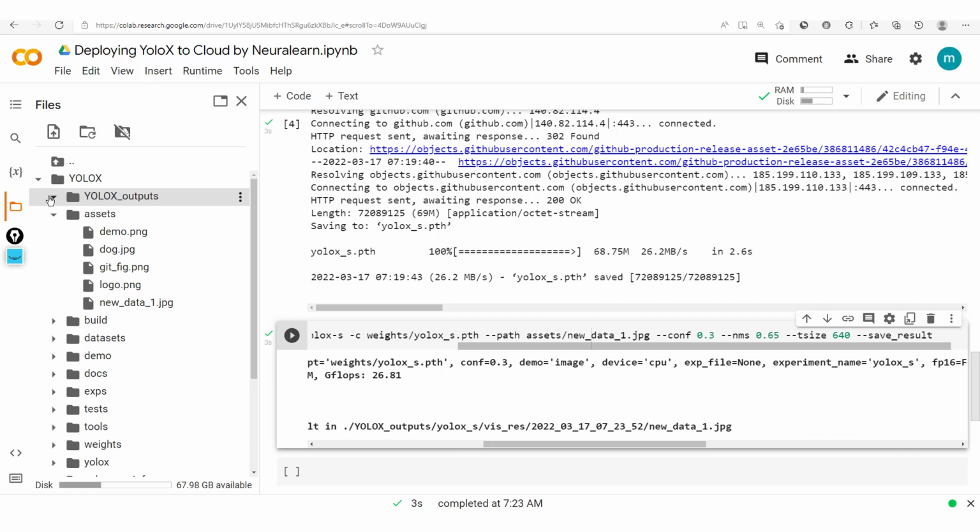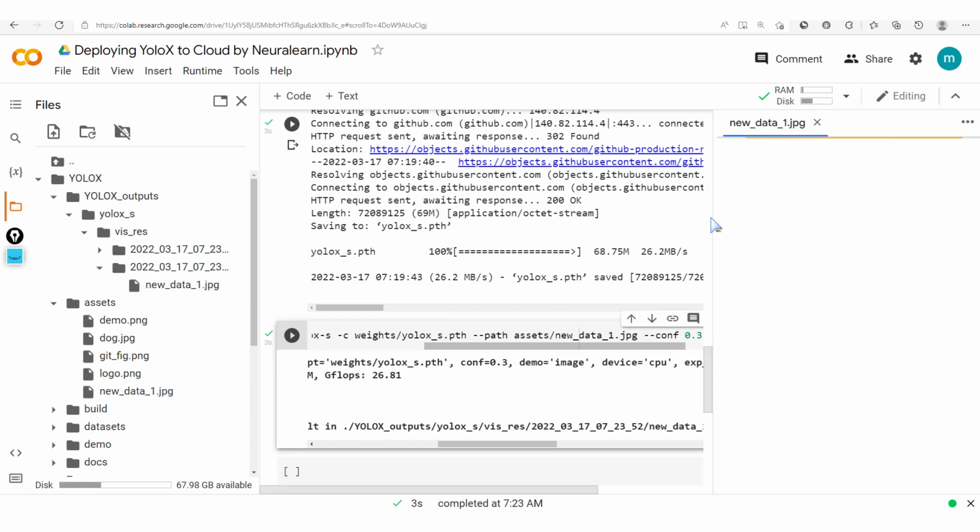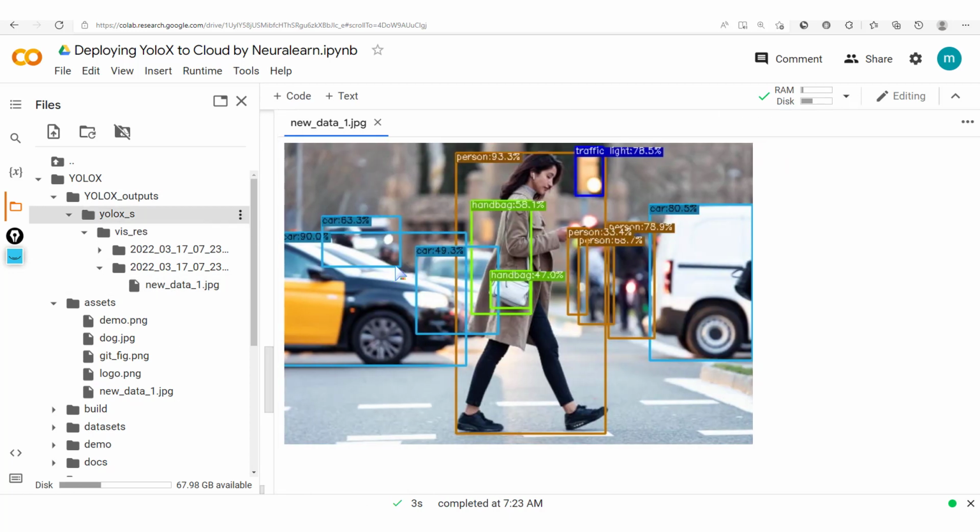So let's get in here, YoloX S visualizations. Let's take the second one, click on that, and there we go. Here are the results we get. As you can see, we have traffic light, person, handbag. It does this because you have the handle, so it picks this one, and then it also picks just this part. Then we have the car,